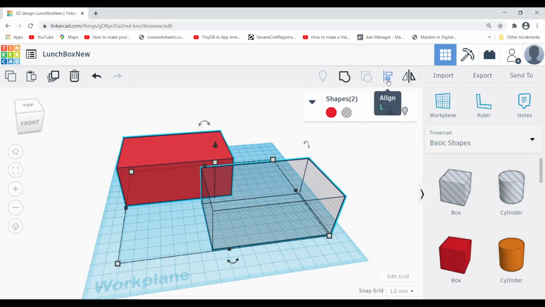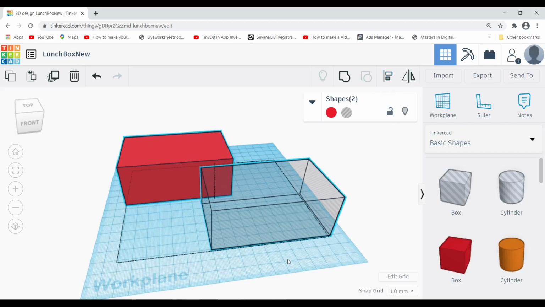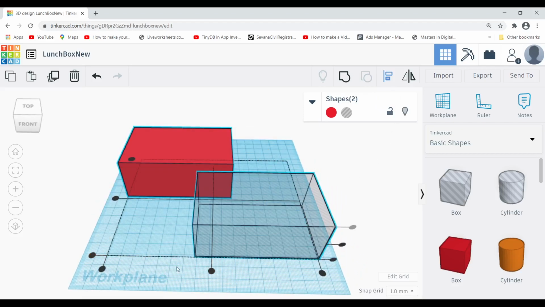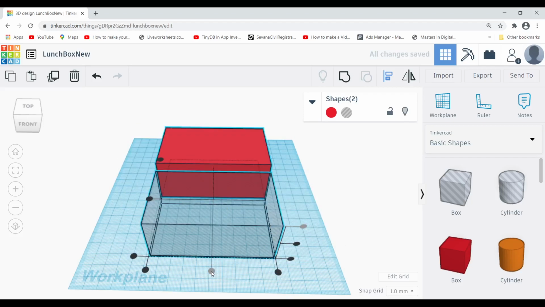Now you can find an align tool here. Click on the align tool, or on the keyboard you can press L to initiate the alignment tool. Now you can see dots over here. If I click over here, it will align based upon this line; horizontally it is aligning.